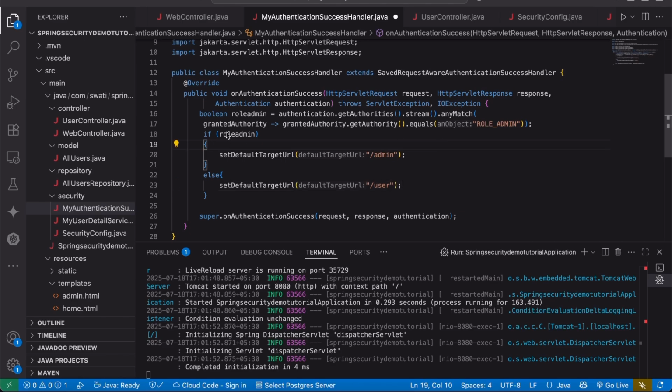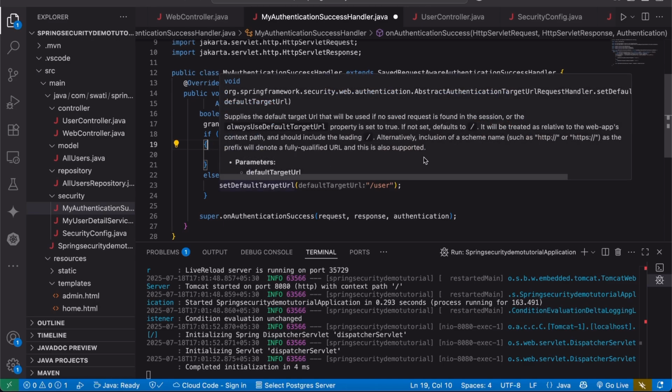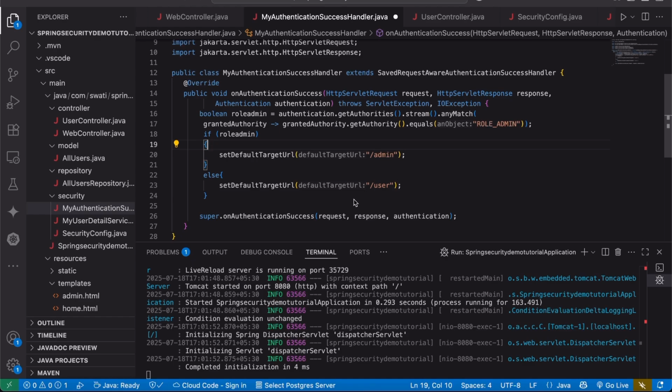we'll be specifying set default target URL. So what is this happening? So the roles are being authenticated based on the roles that are found in the database. So if they are authenticated and matched as admin, then the default target URL is admin, and if it's not admin, then it's user. And if you have more roles, you can add more roles here, right? And super.onAuthenticationSuccess, this will stay the same, that is once the authentication is successful, get back the request and response and authenticate the